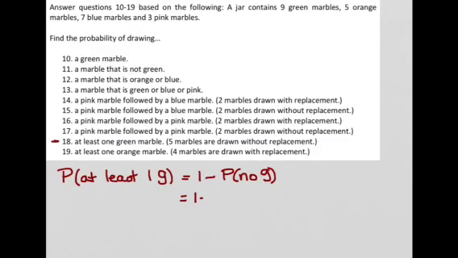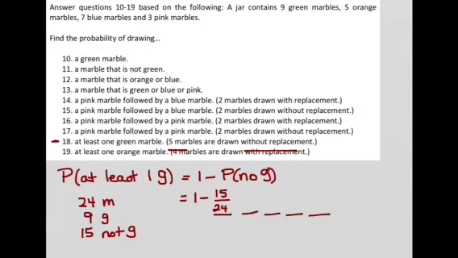So this is going to be 1 minus. So what's the probability of no greens at all? We're drawing 5 marbles without replacement. So I'm going to make 5 blanks here for my probabilities. All right, what's the probability of getting not green the first time? So there's 24 marbles, and 9 of them are green to start off with, which means that there are 15 not green. So probability of getting not green the first time is 15 over 24